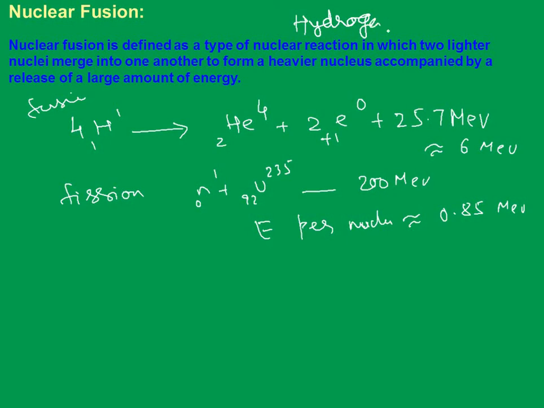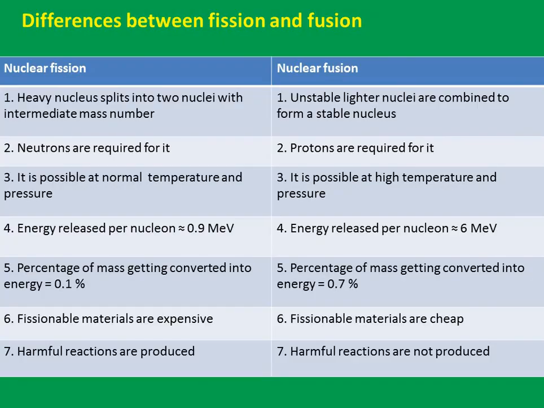So for this to continue, first of all an atom bomb should explode, and then that energy will be continued to this. That was because 10^7 Kelvin is not at all a normal temperature. So that was a much important thing which we have to consider here. Are we clear with this? Now let's understand the primary differences between fission and fusion.